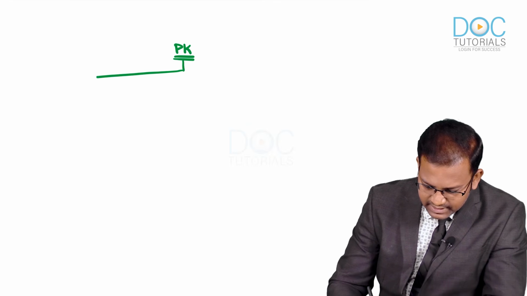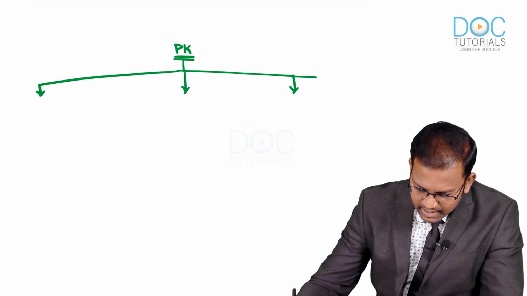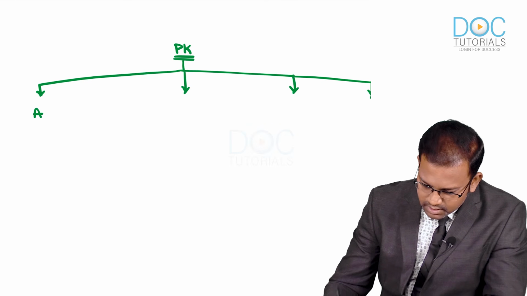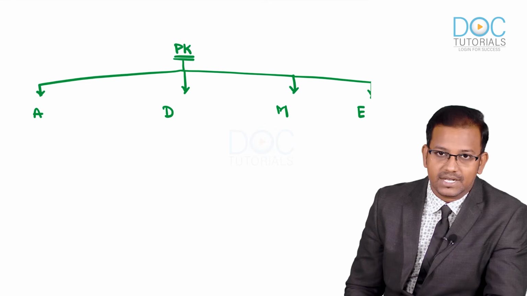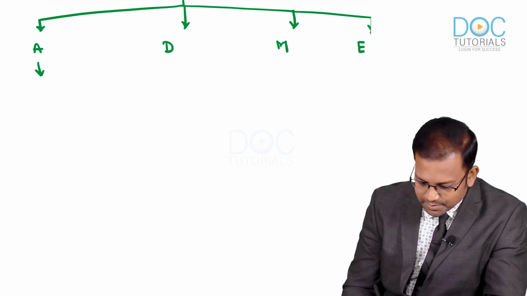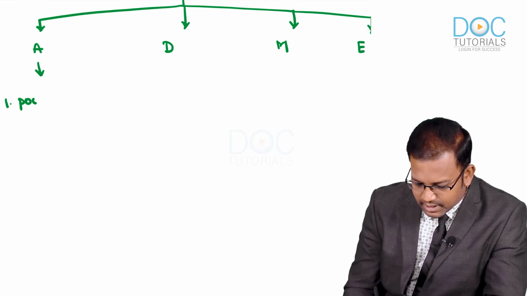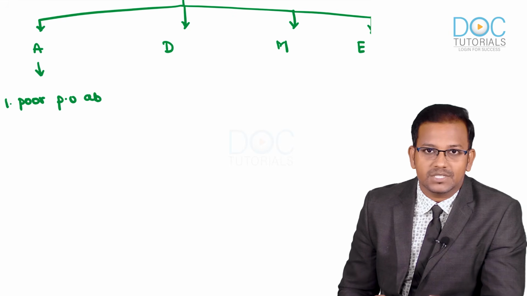Again, what is pharmacokinetics, guys? We have four major components in pharmacokinetics: A, D, M, and E. Absorption, distribution, metabolism, and excretion. Four major components are there. What is which for amphotericin B? As far as absorption is concerned, this drug has a very poor peroral absorption. Very poor peroral absorption. I'm not talking about first pass metabolism, guys, right?